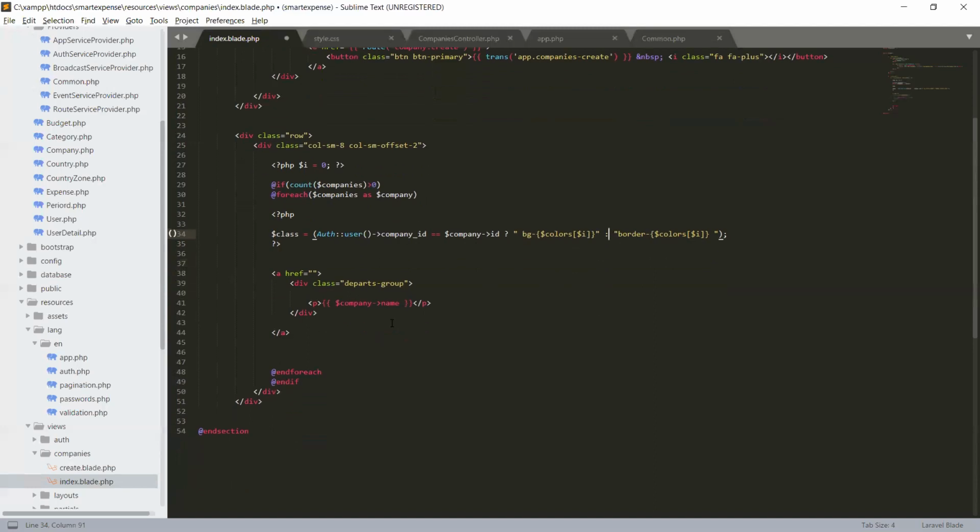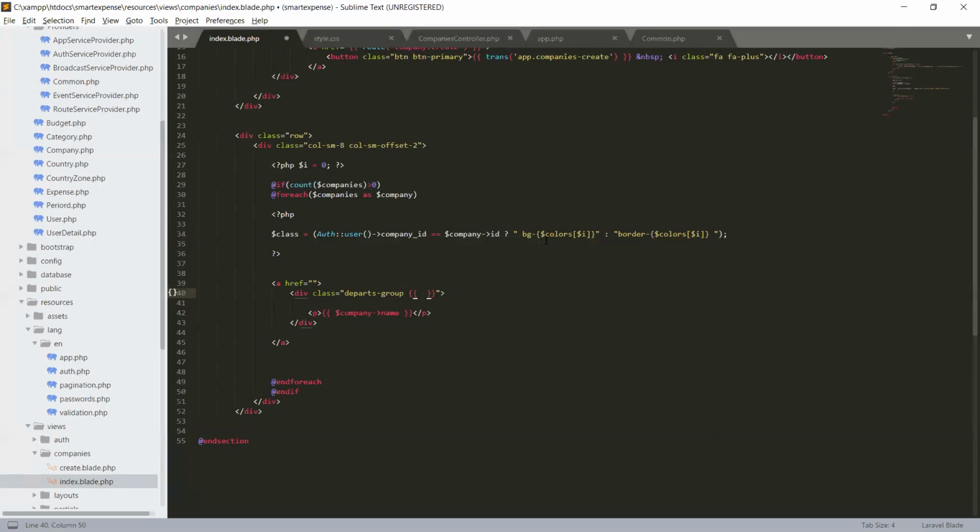Okay, and now let's give this div, in our departs group, another class that we have in the variable we created with the name class. Now it will become its class.